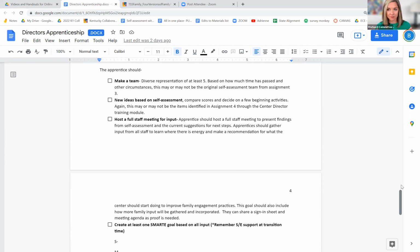It slows it down. It confuses it a little bit. And for me, that's hard. Sometimes I just want to railroad through and get to the end, but it really makes for much richer programming, more staff buy-in, more high impact family engagement when you walk through these steps. So just be patient with the process, even if you're like, I have a brilliant idea, I don't need to ask anybody. So step it back, get your team together, see what bubbles up organically, present your idea, see what